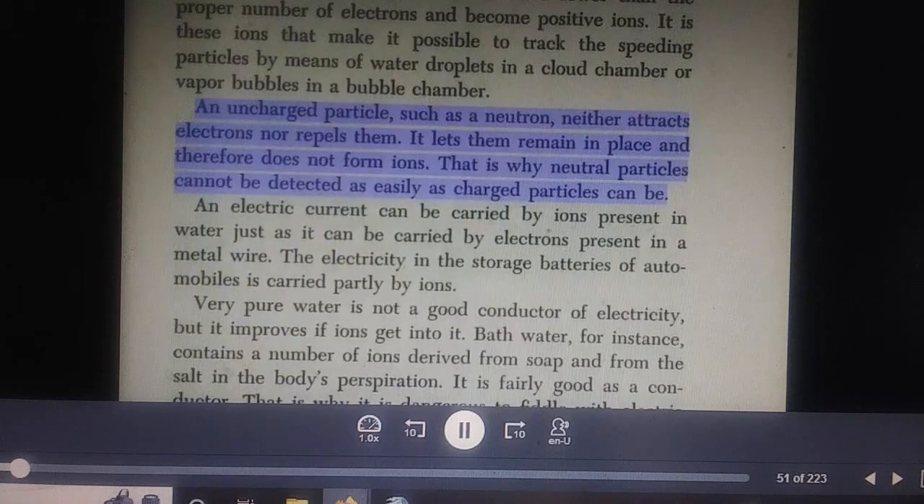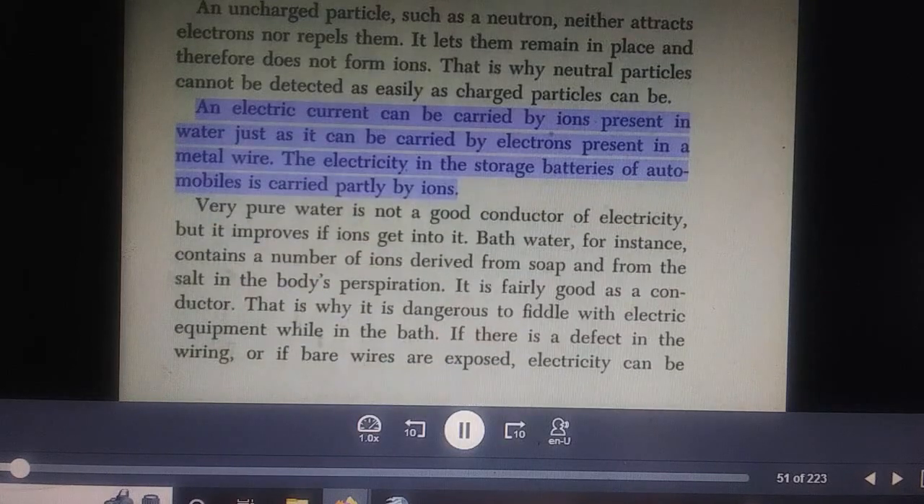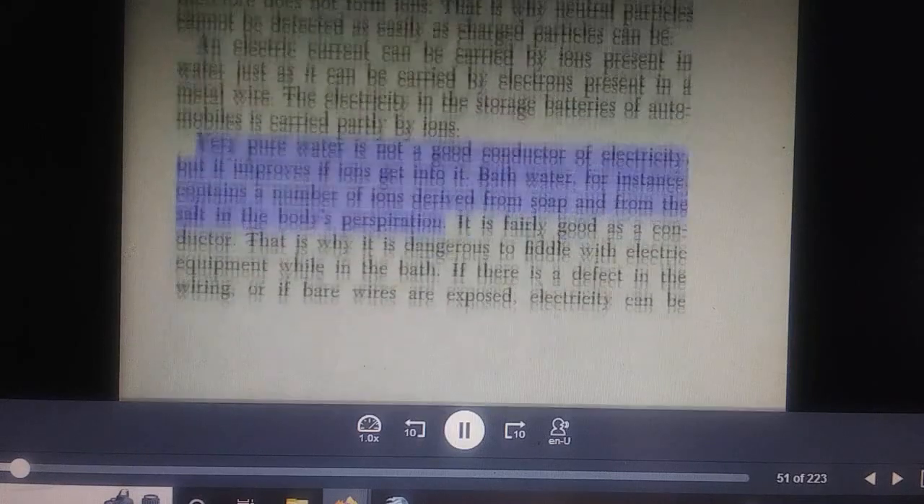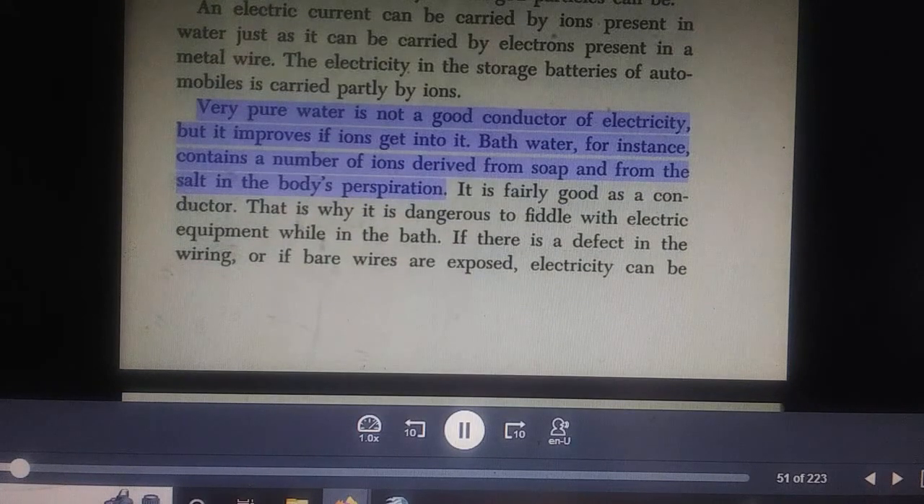An uncharged particle, such as a neutron, neither attracts electrons nor repels them. It lets them remain in place and therefore does not form ions. That is why neutral particles cannot be detected as easily as charged particles can be. An electric current can be carried by ions present in water just as it can be carried by electrons present in a metal wire. The electricity in the storage batteries of automobiles is carried partly by ions. Very pure water is not a good conductor of electricity,